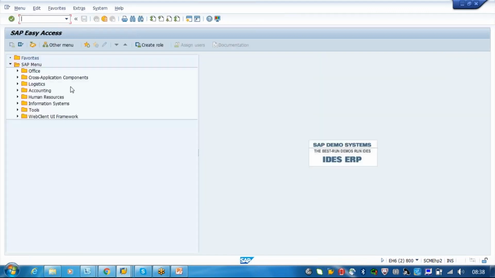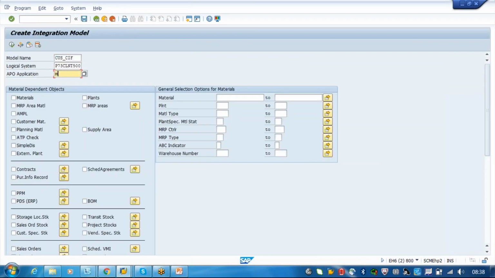Okay, I will just go to CFM1. I'm just taking some of the materials which I know. You can try on your own. So what materials do you want? I will just say PRO TB32 or 02.